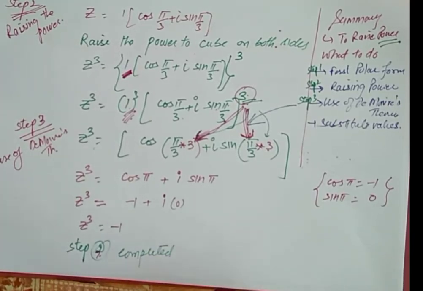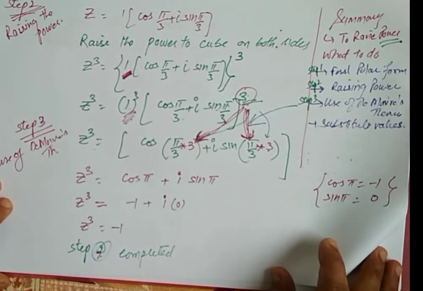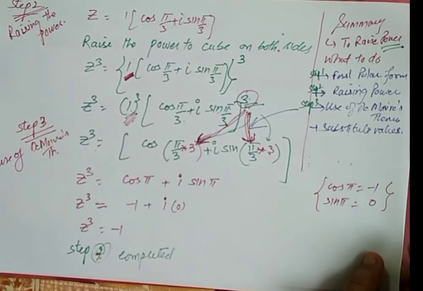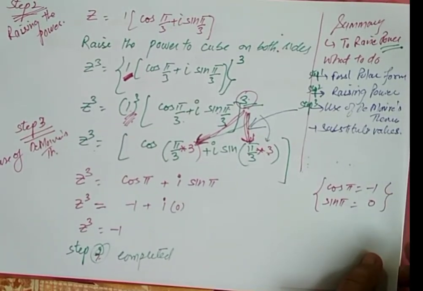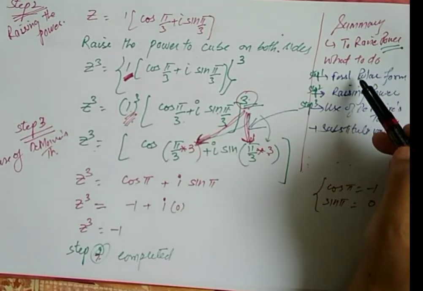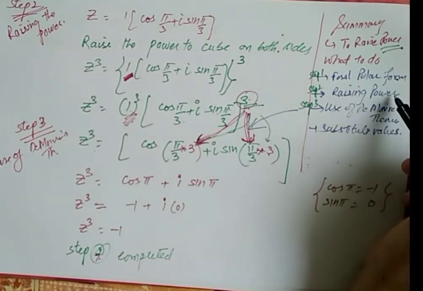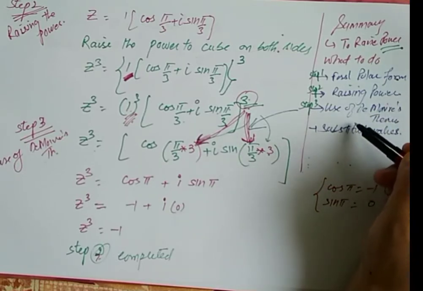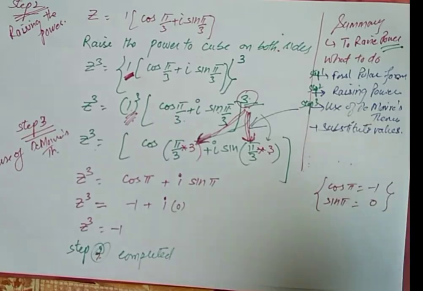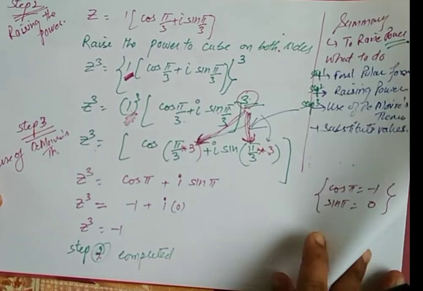तो आपका स्टेप 3 कंप्लीट होते होते आपका पूरा क्वेश्चन भी सॉल्व हो जाएगा। So this is the way we have to complete, it's a 3-step procedure. Always remember this thing, you need not go for any other thing. Remember when we have to find the power, what we have to do: first find the polar form, second raise the power, third use the De Moivre theorem. Now substitute the values and you will get the answer. Okay, it's correct. Let us go for the next question.